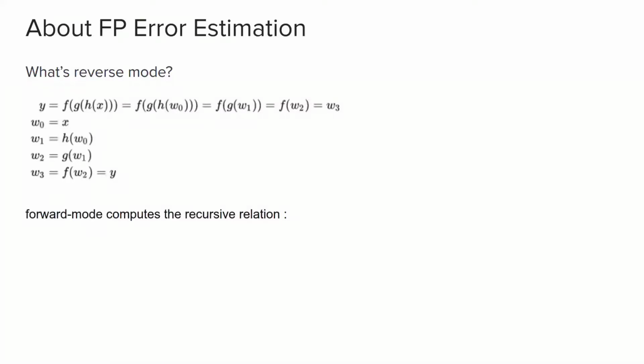Now, the forward mode AD computes the following recursive relationship, which is the derivative of each intermediate expression with respect to the input. As you can probably tell, since it calculates the derivative of each sub-expression with respect to only one variable, we cannot really use this, because we need the derivative of the function with respect to each intermediate and input value. So this doesn't really work for us. If we wanted to make it work, we would have to run forward mode as many times as there are intermediate and input variables in the function, which isn't really